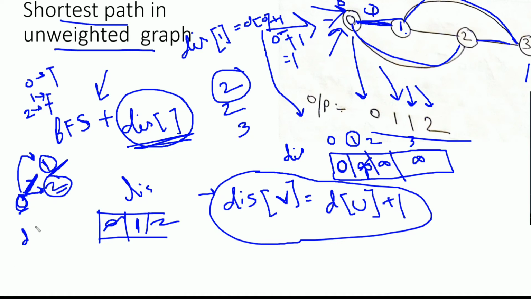So if we use the formula again, the distance of vertex 2 is nothing but the distance required to reach vertex 0 plus 1. So what is the distance required to reach vertex 0? It is always 0, because the distance from the source vertex to itself will be 0. Or if we look at this distance array, which stores the distance of each vertex correspondingly, we find that the distance of vertex 0 is 0. So basically 0 plus 1 is nothing but 1. So the distance from source vertex 0 to 2 is nothing but 1.